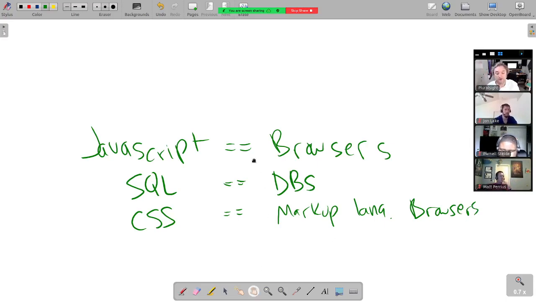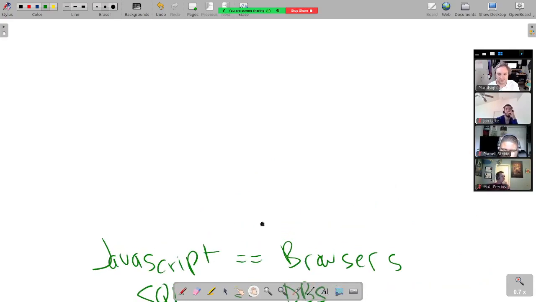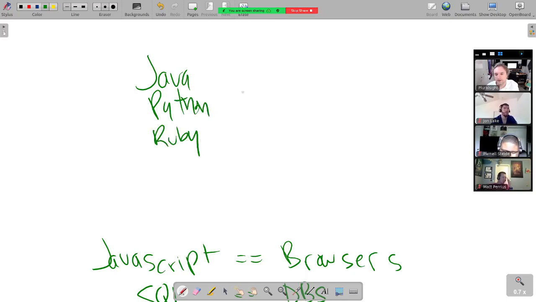And then we have what are called general purpose languages. A general purpose language can be used for any programming task. That includes Java, Python, Ruby, I guess I would call Go a general purpose language, Scala.